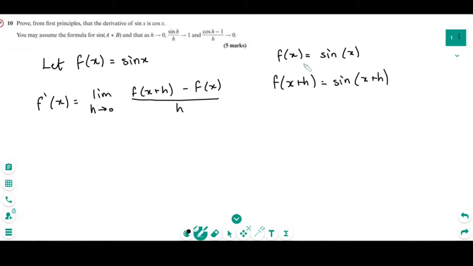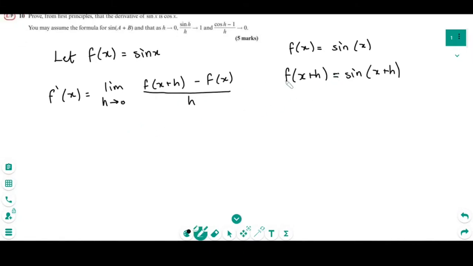Why is that? Well, because wherever you see an x, we have that f of x is sine x, so we've replaced the x with x plus h, so that means in our function sine x, wherever we see an x, we must replace with x plus h. Okay, so let's replace the numerator with that. We have limit as h tends to 0 of sine of x plus h minus f of x, and we already know that f of x is sine x